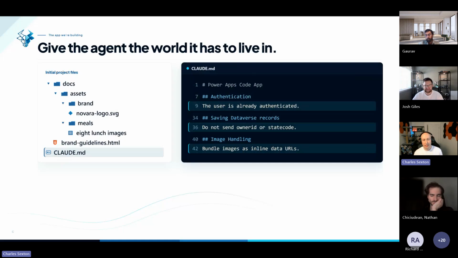So this is not necessarily something to do with code apps itself. This is Dataverse and how Dataverse works. But in our testing, we found that it tries to send through who created the record, when of course that's automatically generated. So it's just giving it some tips as far as saving Dataverse records and also creating Dataverse records, that kind of thing. And then we were also saying something about image handling, which is something where coding agents